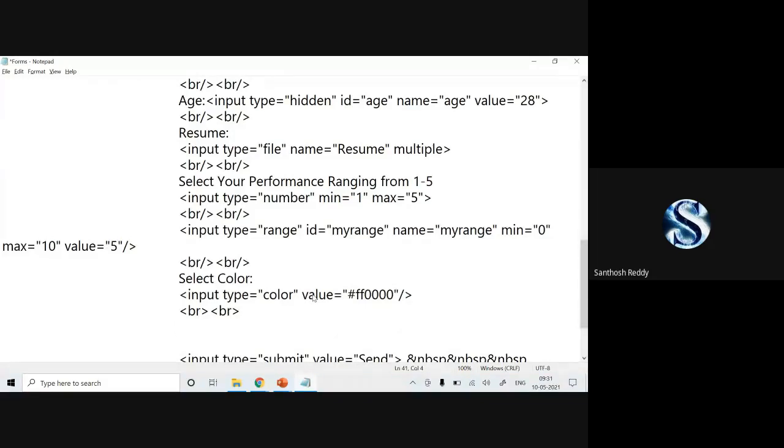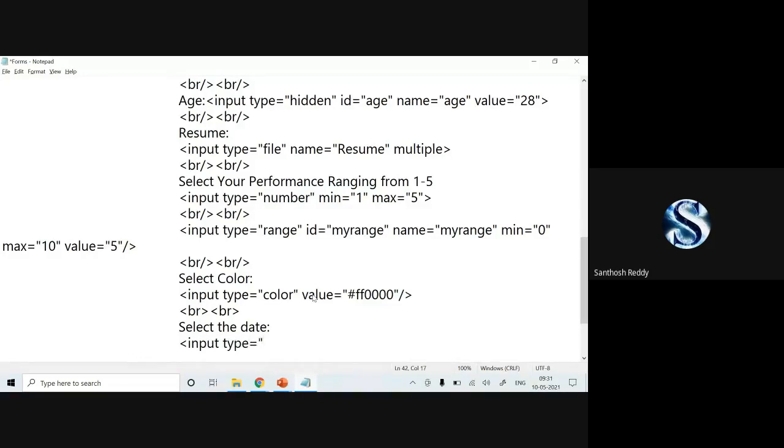If I want to pick a date through the form, we are going to use a label, select the date. Here I'll make use of input type is equal to...